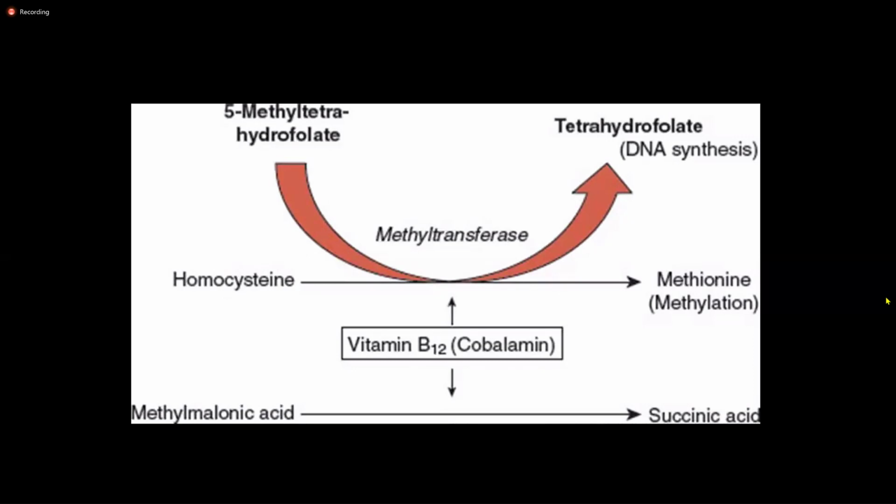This is indirect evidence, but we can directly measure vitamin B12 in the blood as well. If you want to see the vitamin B12 level in the blood, you can go to the lab and give your blood. So the vitamin B12 level can be directly seen, but indirect evidence is the amount of homocysteine in the blood and the amount of methylmalonic acid in the urine.